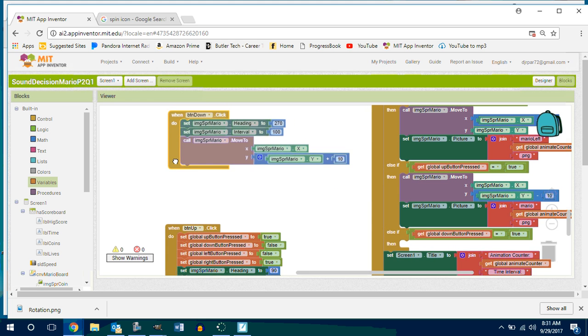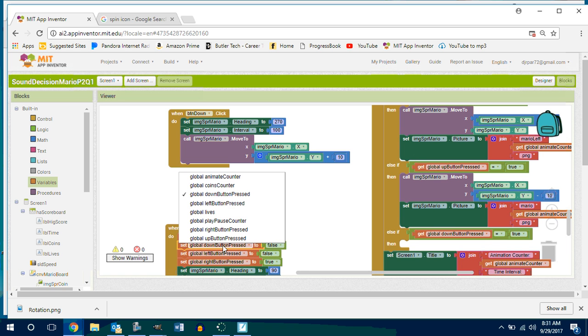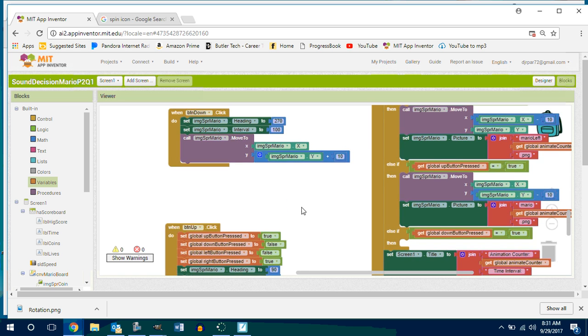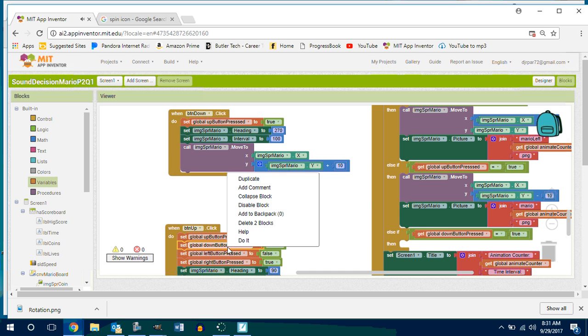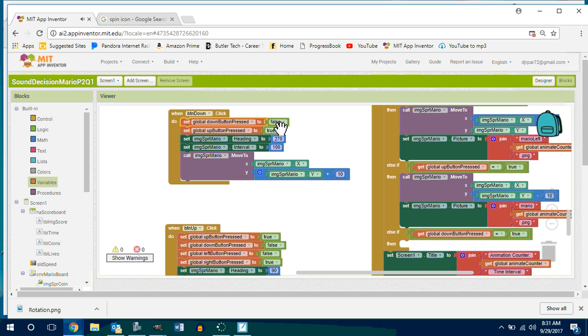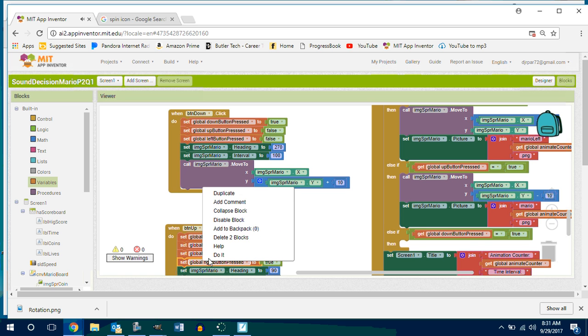So this is my down button. So I'm going to go get my guy down here. I'm going to duplicate this guy. I'm going to go get down. I like to put down first. Down is going to be true. Up is going to be false. Left is going to be false. And right